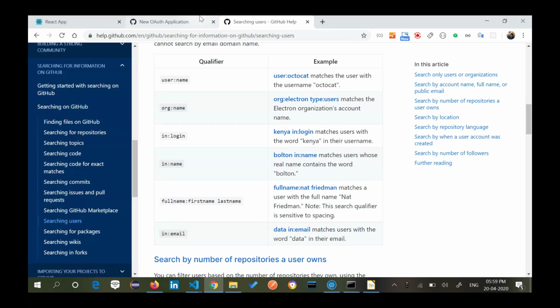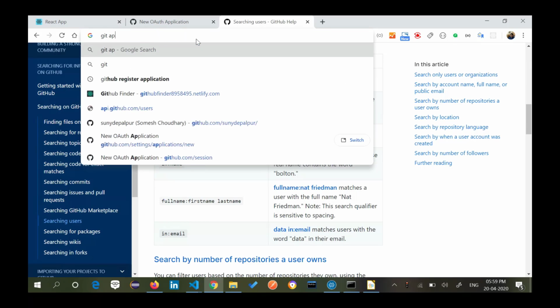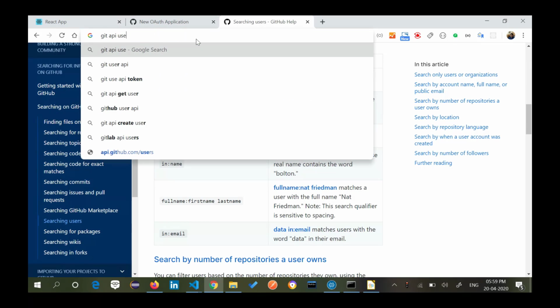So basically, let me show you. GitHub API users.